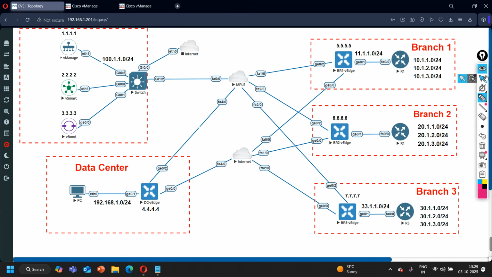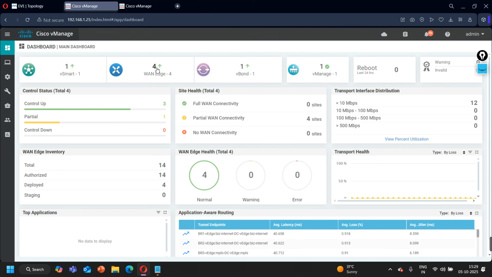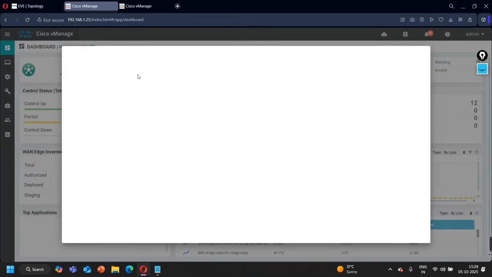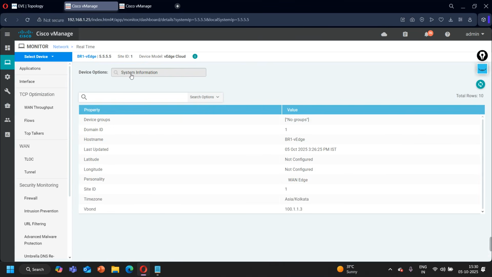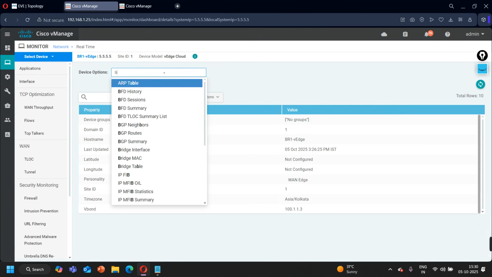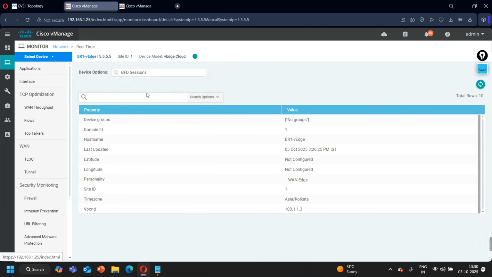First of all, let me show you the default behavior here, right? My SD-WAN lab is online, devices are online and running fine. Here you can see 4 vEdge devices, all are up, 1 vBond and 1 vSmart. If I take you to any vEdge device, let's say branch 1 vEdge 1, go to real time, and here you can run the command. Let me show you the BFD sessions for now. BFD sessions,